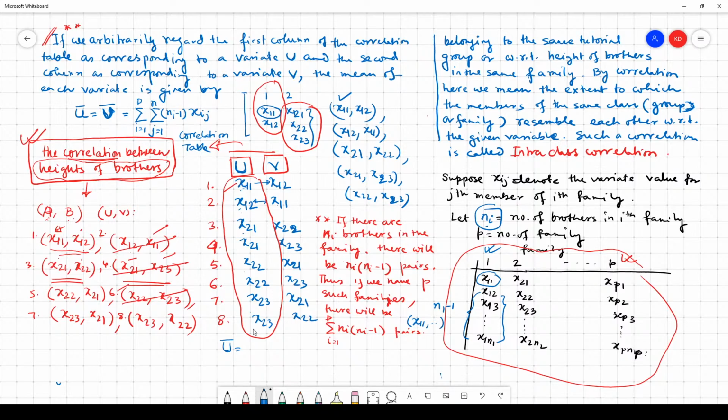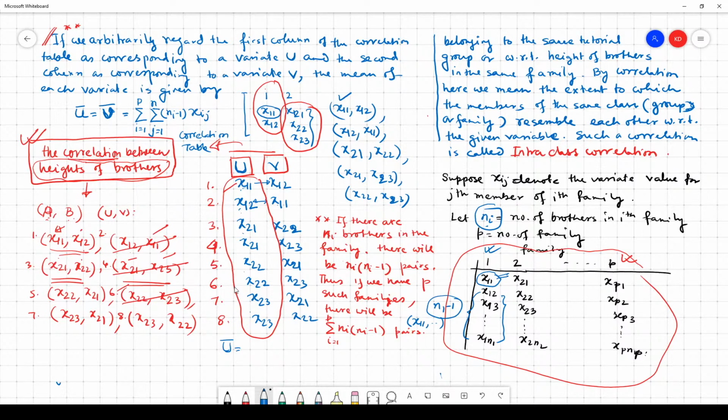It is obvious, because if you look at the procedure, we consider x11, and in general x11 pairs with the remaining brothers, the heights of the brothers, in n1 minus 1 ways, and for family 2 it is n2 minus 1 ways,